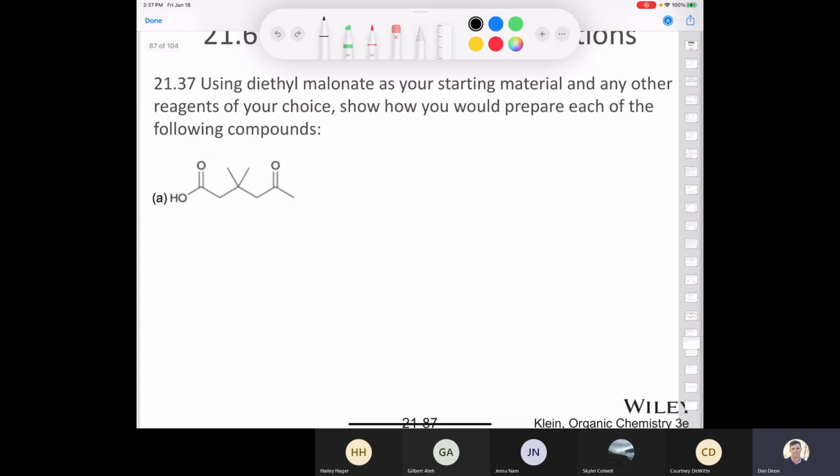Let me use my green pen, okay? So we would want to use, we'd get these carbons, right? We'd get this carbon and this carbon from the diethyl malonate. So that means that all of this portion, oh, I get it now, okay? So all of this portion here is going to come from our electrophile, right? So how are we going to put all this together? Right? We've got to put all this together somehow. Well, what I think we should do is we should